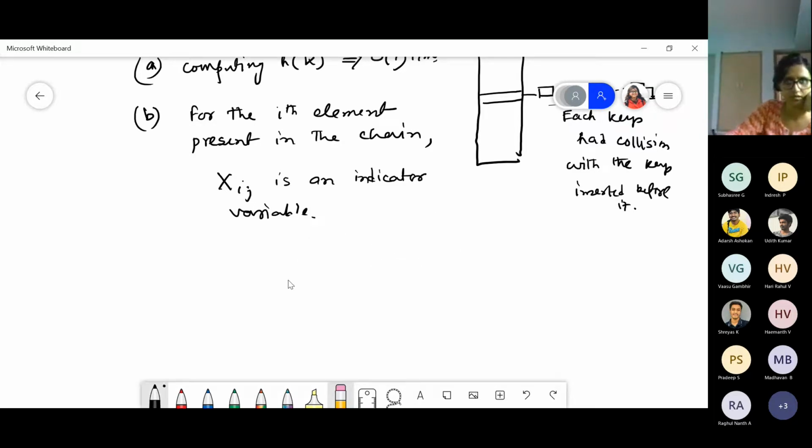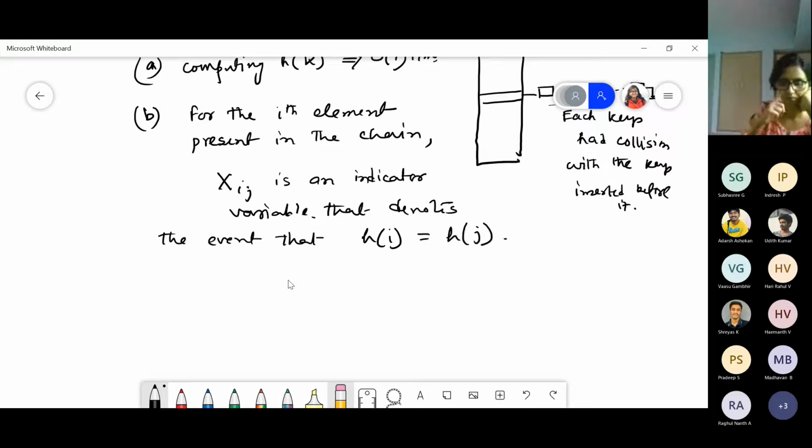So this indicator variable denotes the event that hi equals hj. So what is the expected value of xij?